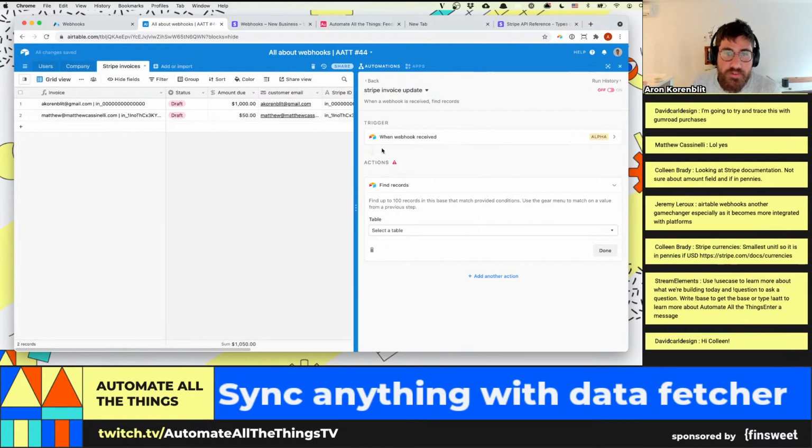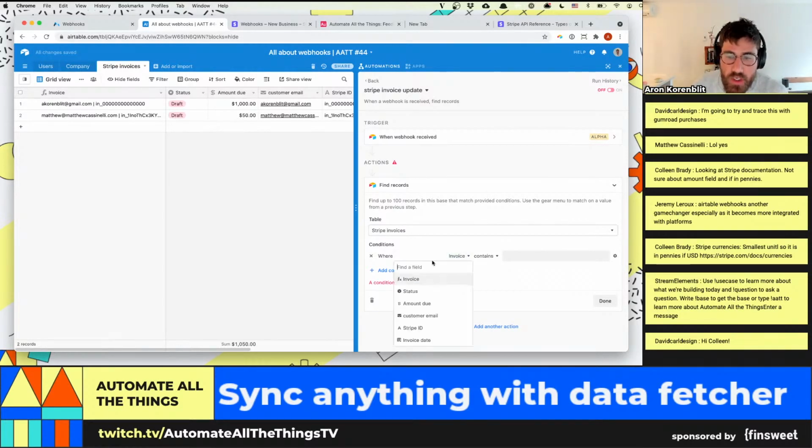So it's going to go ahead and find all the records that match this one trigger. Now, we know that it's always going to find at most one, right? So go into Stripe invoices. What we want is a condition. So what record should it find? So give me all records where